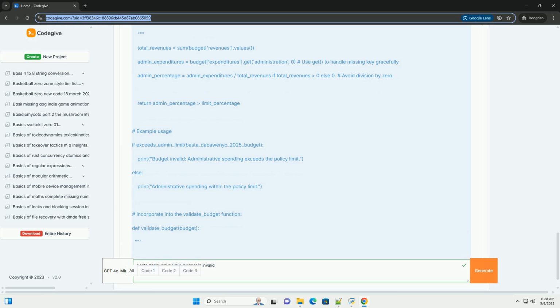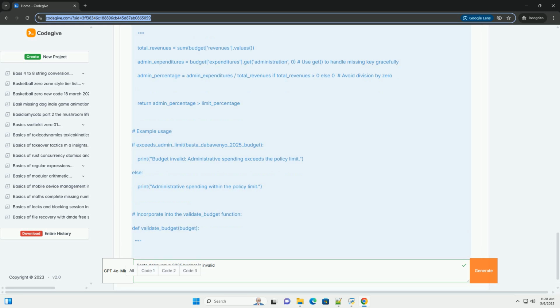We use .get('administration', 0) in case the administration key is missing from the expenditures dictionary. This avoids a KeyError. We handle the possibility of total_revenues being 0 to avoid division by 0.